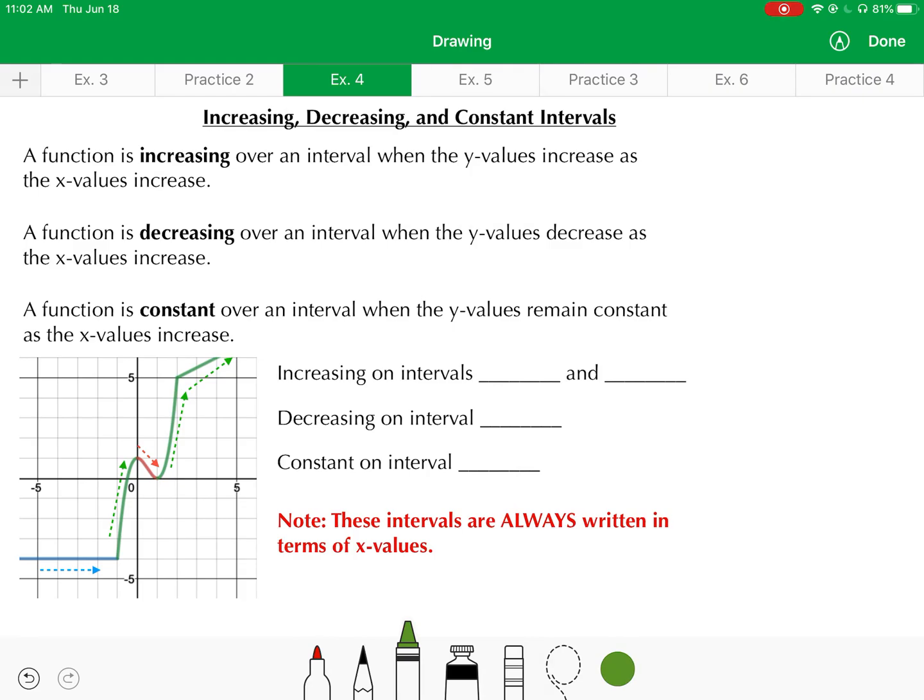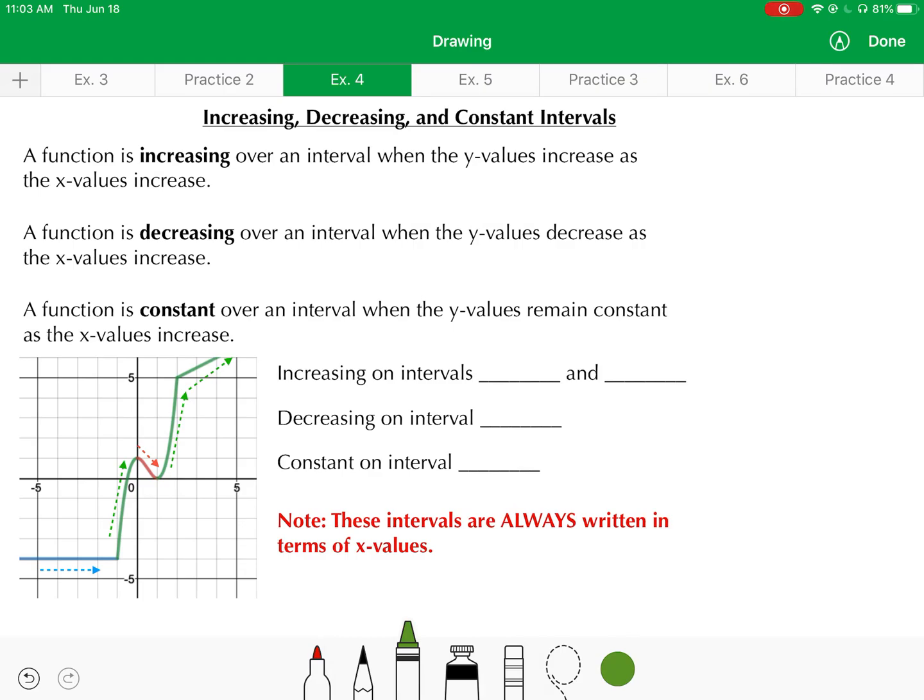So we have a concept from there of a function being increasing, being decreasing, or being constant. We would say that the function is increasing on any interval when the y values increase as the x values increase. So that means as you move from left to right on the graph, as your x values are increasing, your y values, if they are increasing, the function is said to be